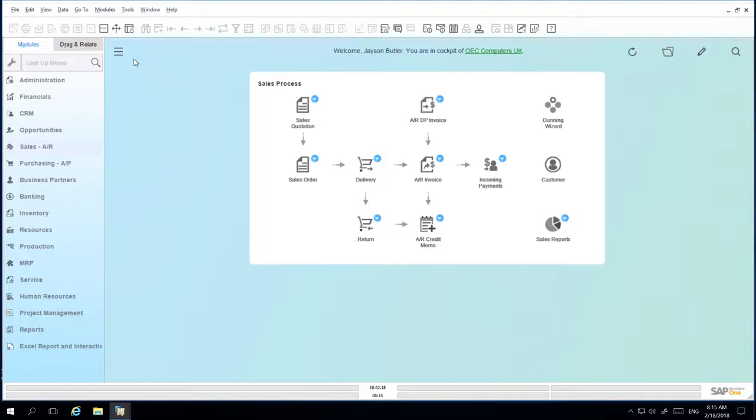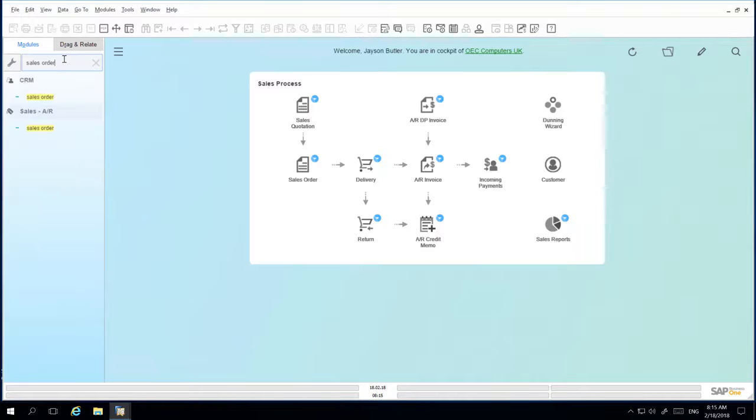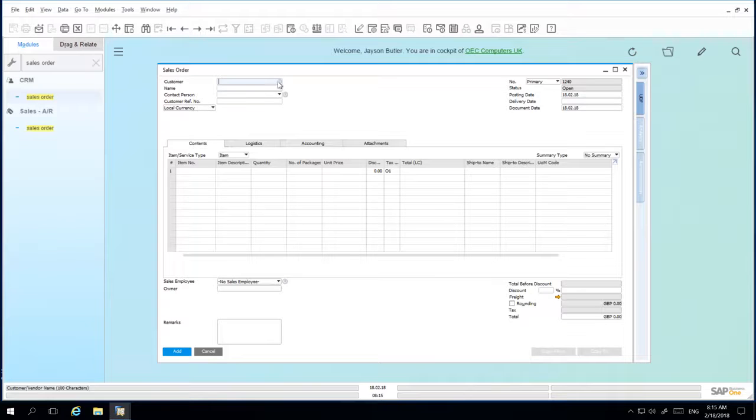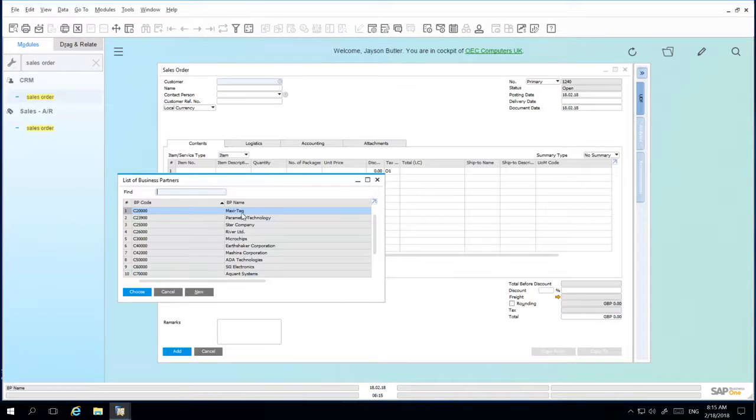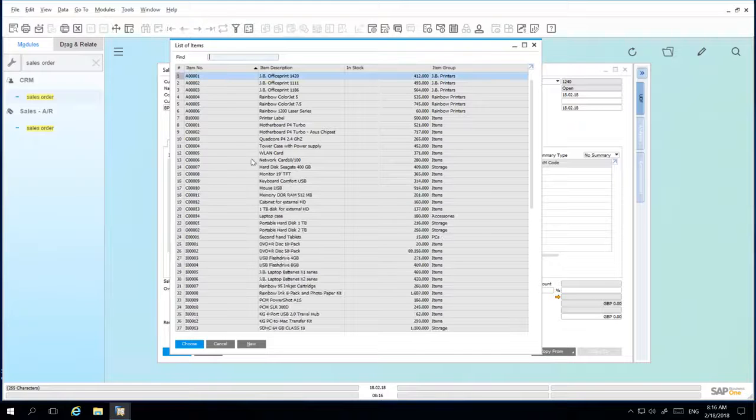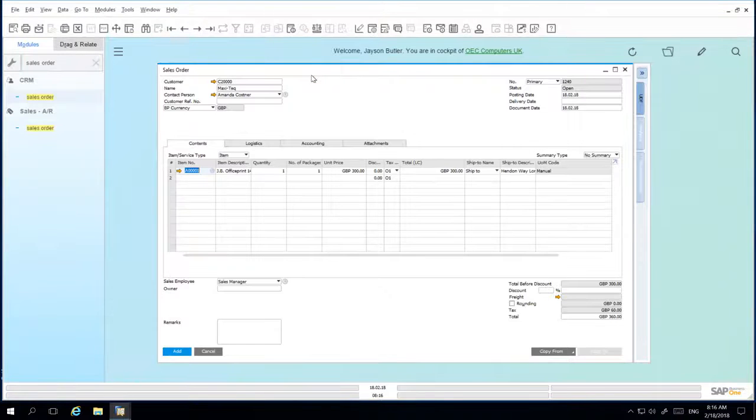So let's navigate to a sales order. I'm going to add a new customer, and then I'm going to add an item to my sales order. I would also like to know which warehouse this item will be picked from. So by simply navigating to the form settings icon,